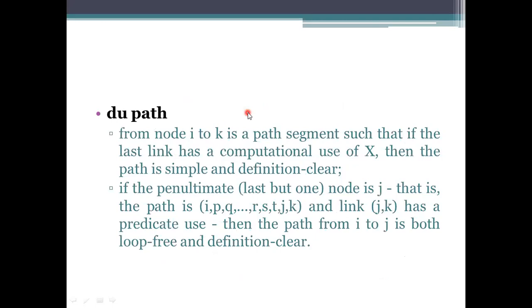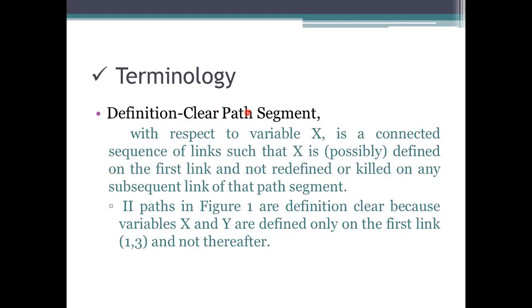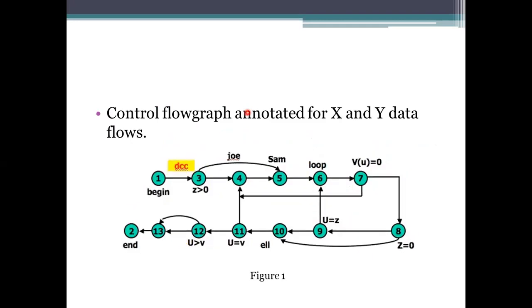And coming to the next one, DU path. DU path means define and use. So whatever you have defined has been used or not has to be considered. Each and every path in the program will be considered here. So in this one, 1 and 3 will come under the DU path, because here it is being defined and we are using that one in the 2 computations.